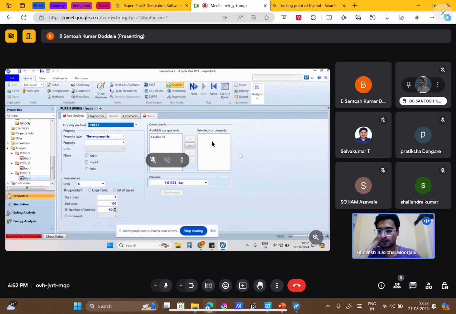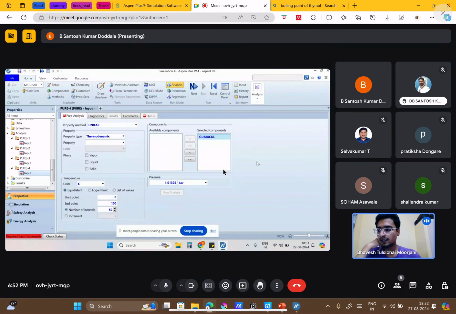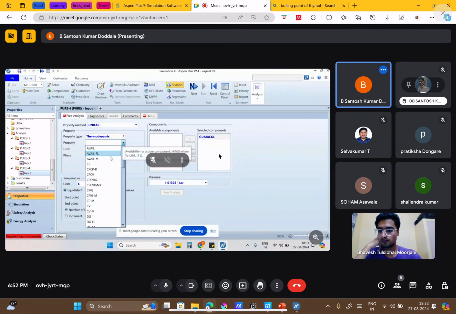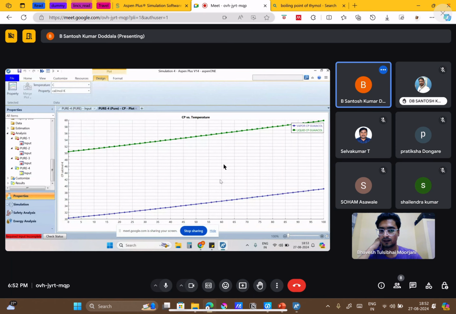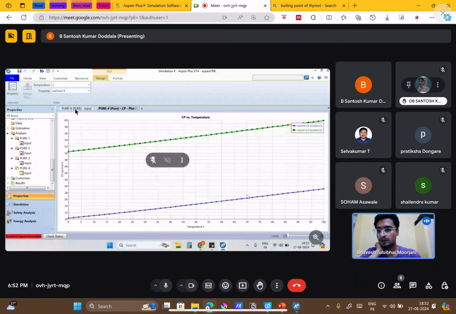You can add all the properties in one go and then run it. So we have CP, rho, Gibbs free energy, and then another is the PT envelope that we want to compute. Yes. So this is CP. Can you do a Gibbs free energy analysis and try to find the boiling point?